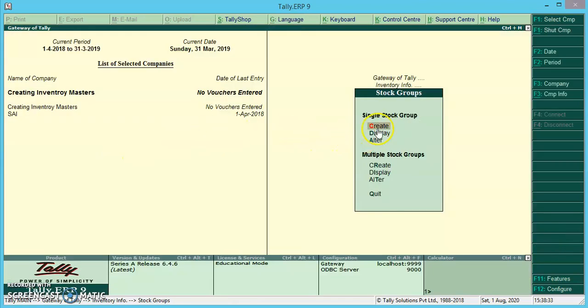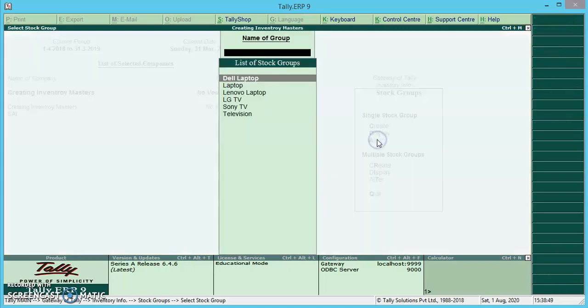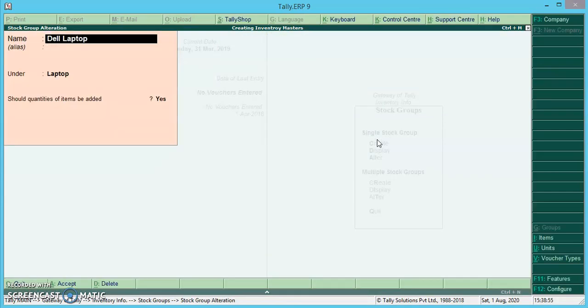To view the stock groups created, gateway of Tally, inventory info, stock groups and display. In order to alter, gateway of Tally, inventory info, under stock group, we need to select alter and then select the necessary stock group to be altered or modified and then make necessary changes and accept.